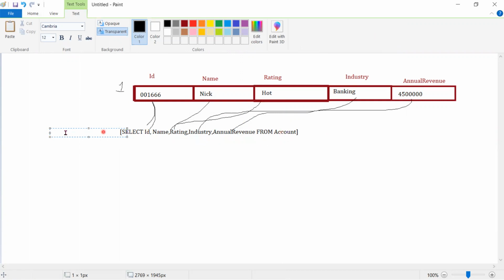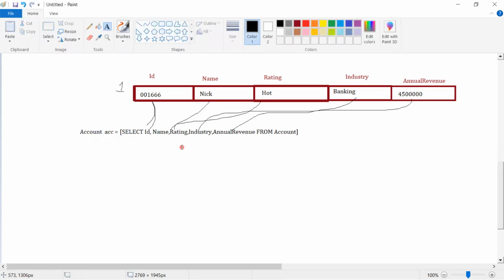Account object data. So the data type I need to use is Account. Account ACC equal to, select Id, Name, Rating, Industry, Annual